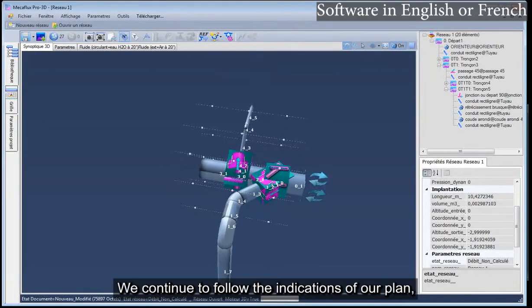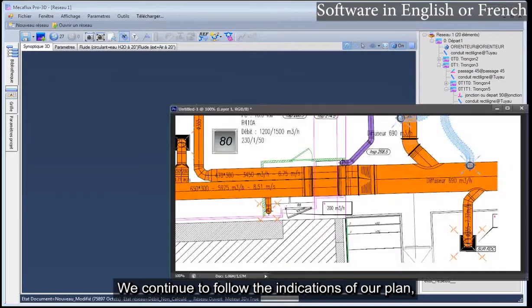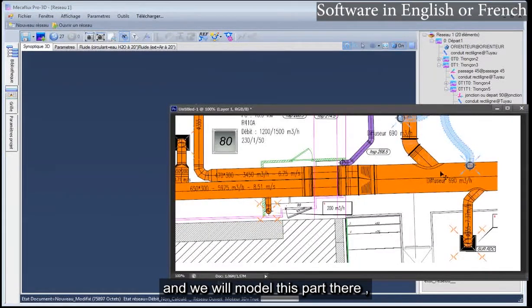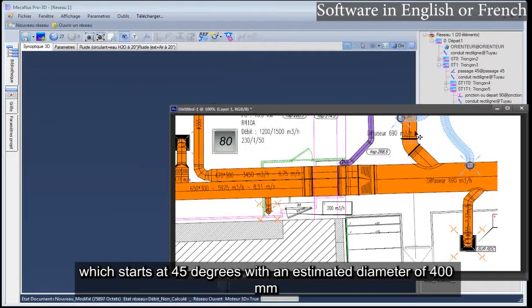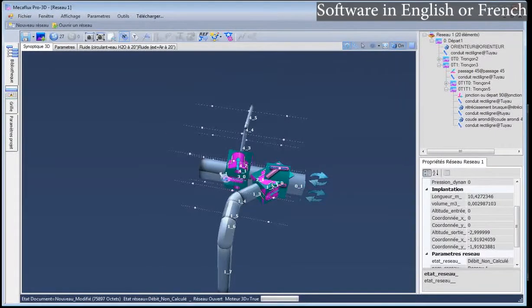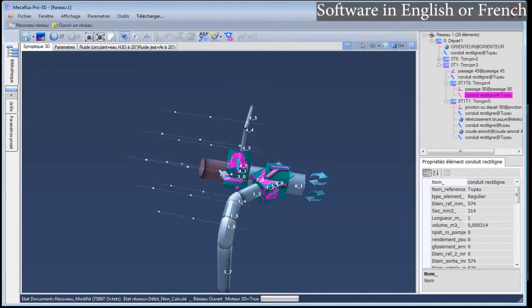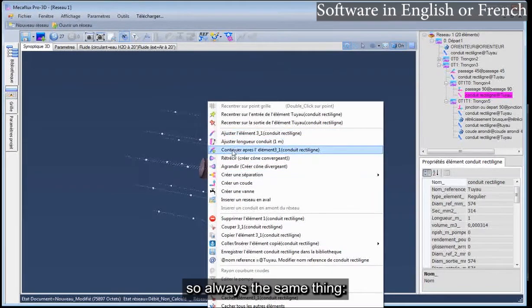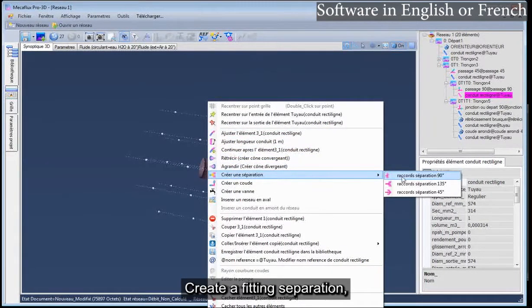We continue to follow the indications of our plan. And we will model this part there, which starts at 45 degrees, with an estimated diameter of 400 millimeters. So always the same thing, create a fitting separation.